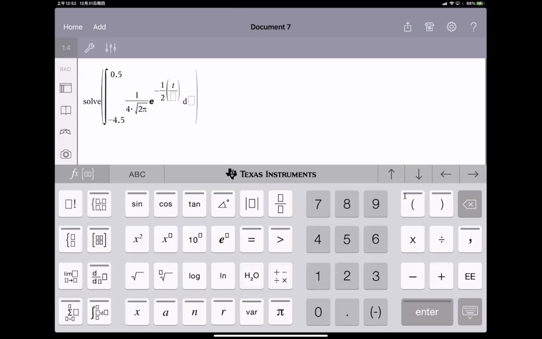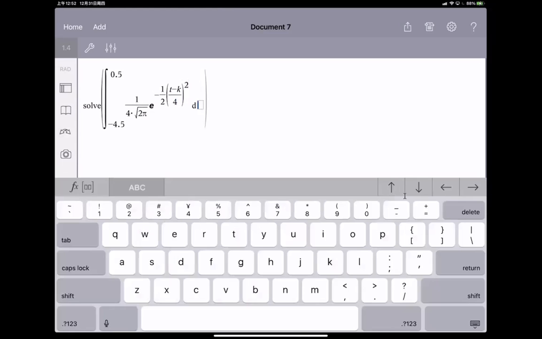T is here, minus k. Do we have k? Here. Divided by 4 squared, dt, equated to